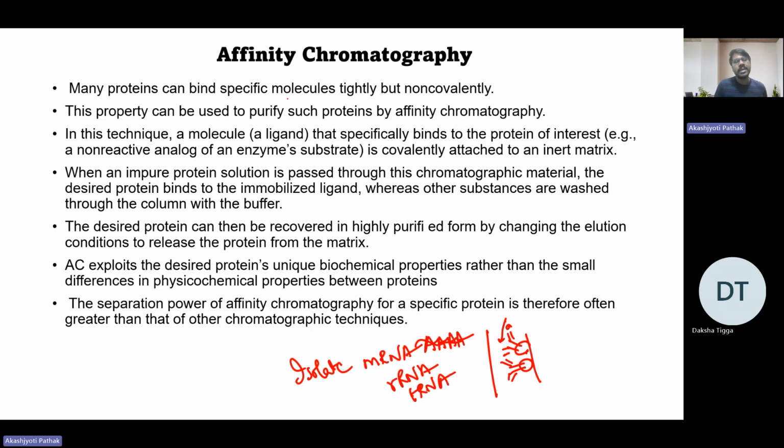So many proteins can bind specific molecules tightly, but non-covalently. So here you must understand, utilizing a non-covalent interaction, your ligand, your analyte is binding to your specific molecule, and then you can